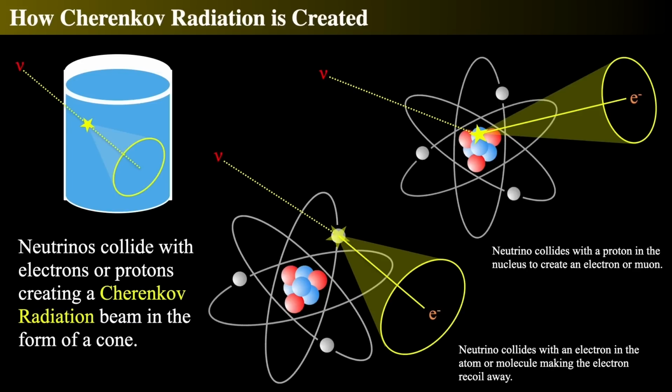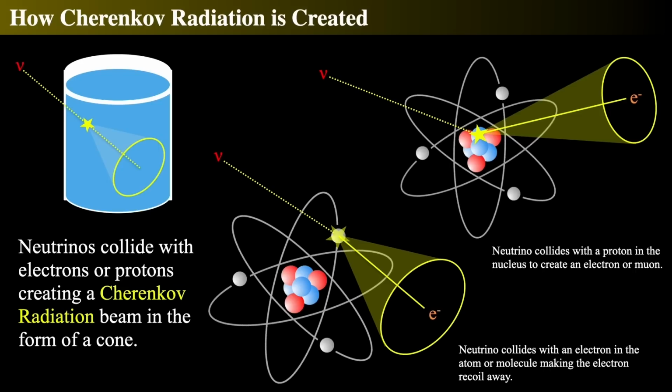So the radiation makes a cone shape, but there's a minimum energy to make this kind of radiation. And the Cherenkov angle is 0 at this threshold velocity, meaning it's a dot or a point. The angle of the cone takes a maximum as the particle speed approaches the speed of light in a vacuum, in excess of the speed of light in the water. Hence, the observed angles of incidence can be used to compute the direction, speed, and energy of a Cherenkov radiation-producing